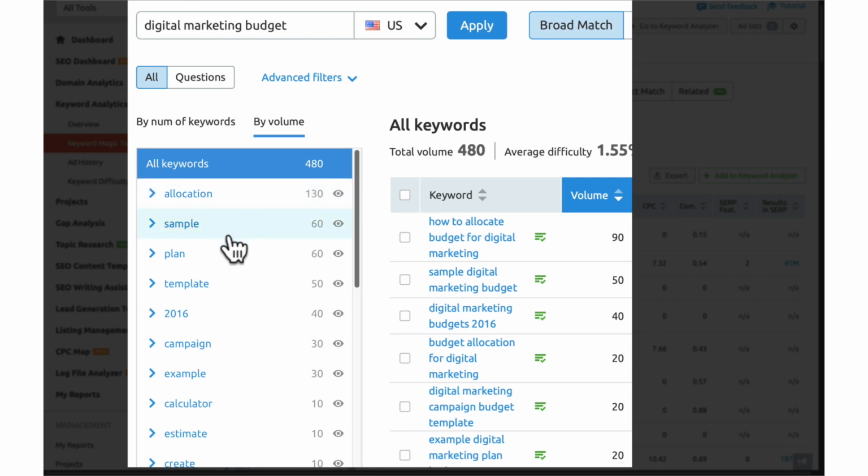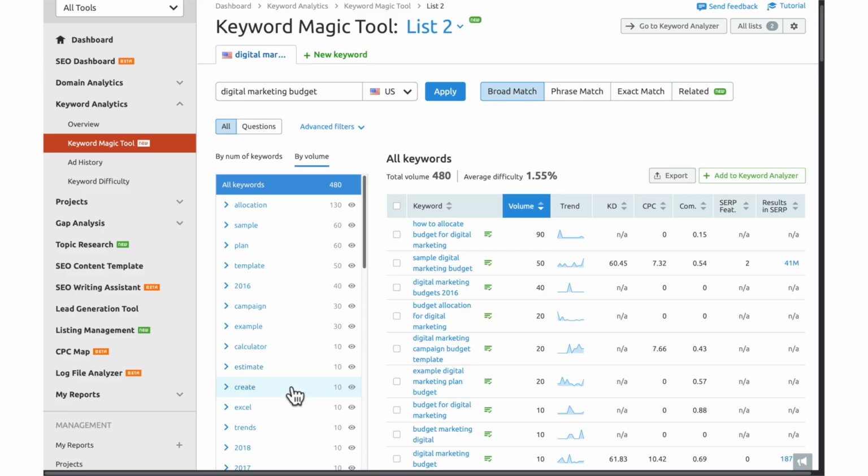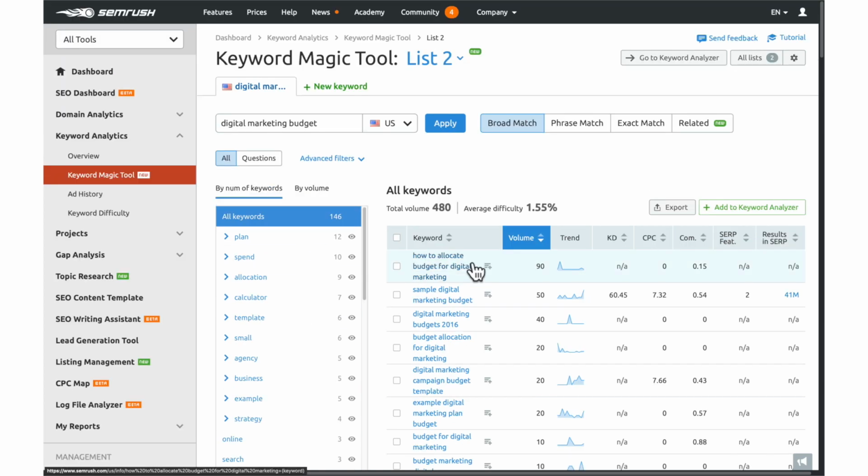As part of your keyword strategy, keywords with the highest volume should be in your title. Keywords with average volume should be in your headings, and those with the least volume could be used in your paragraphs. As you skim through your list, click the plus button next to the keywords you will be sending to Keyword Analyzer, which is an analysis tool that SEMrush provides